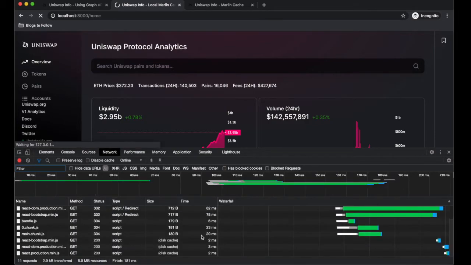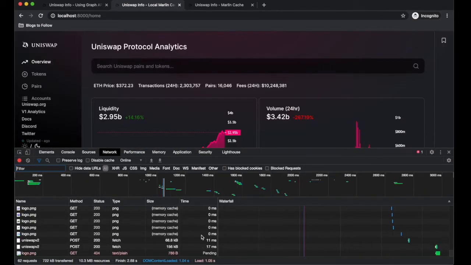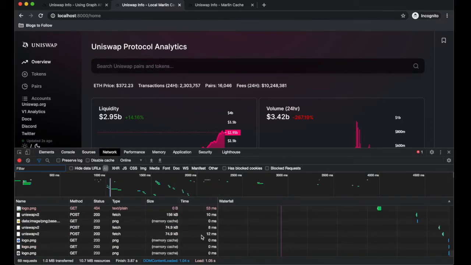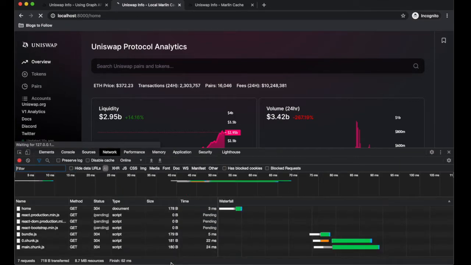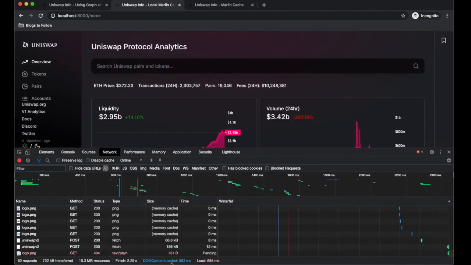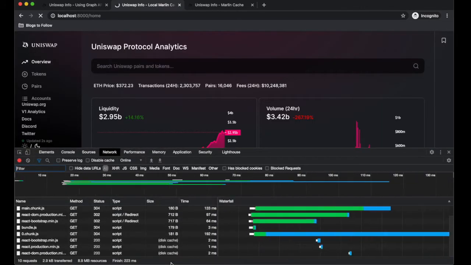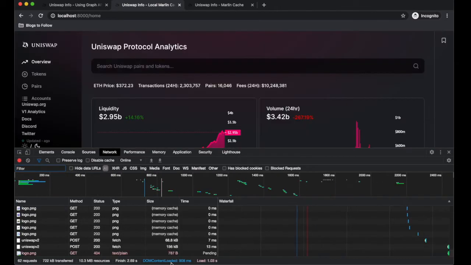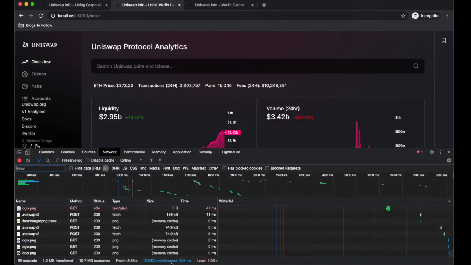Okay, so now let's check this out. Yeah, you can see that the load time is now somewhere around 2.87 seconds for the page to load, and this is consistent in general. The block times have increased, so the block has changed, and the content load time has also changed. So you can see that it's again around 2.8 seconds. So the local cache consistently takes around 2.8 seconds, which is the optimal,